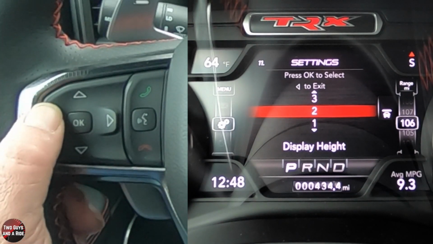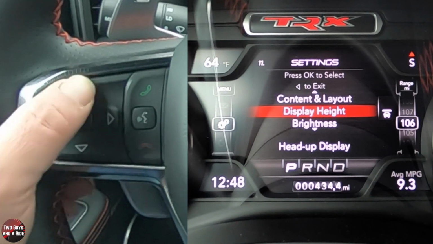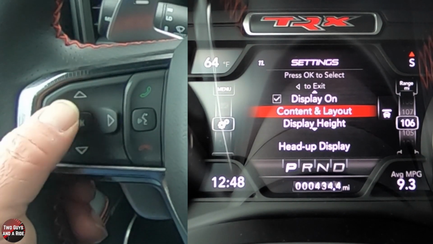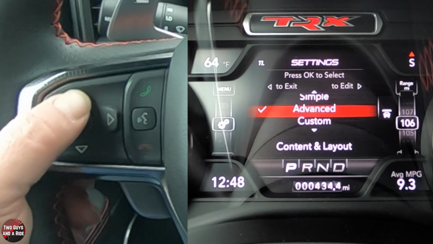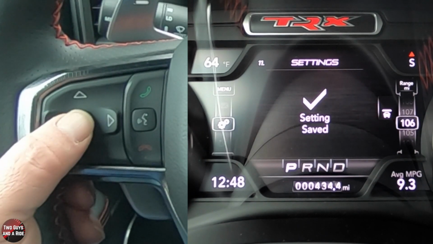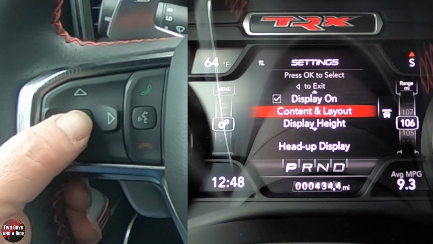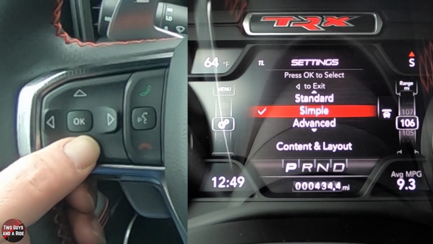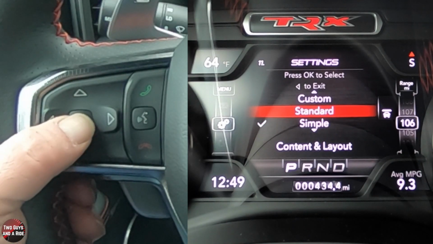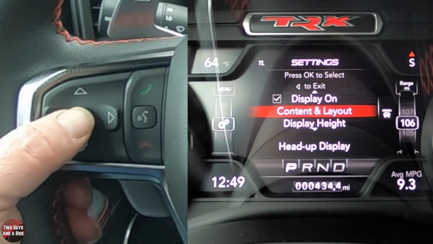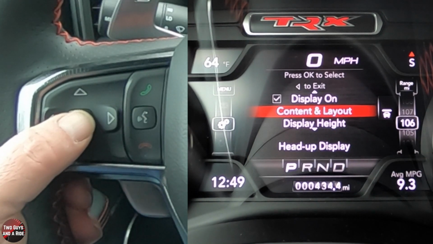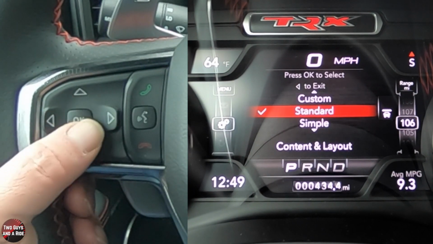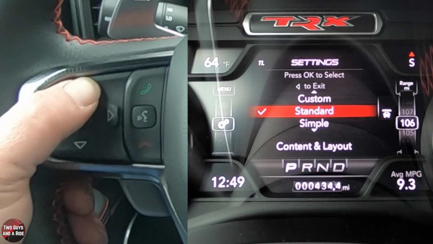All right, now I'm looking for one more tool in here. So I'm going to press the left button to exit. I got content and layout. All right, so I have simple. And simple gives me basically speed reading signs and a speedometer. Okay, and then if I go down to standard, then I get a little bit more information. I get speedometer, speed, but it adds navigation. And then if I click on OK again and I go to advanced,